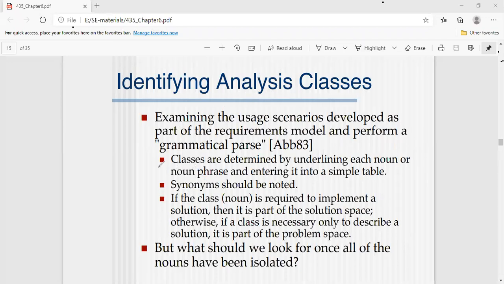If you see the first point, classes are determined by underlining each noun or noun phrase. So for each and every class, you are going to define the class name. In your programming course, I think you are learning that a class is defined with a name that is a noun. Class is a keyword and the class name is a noun.